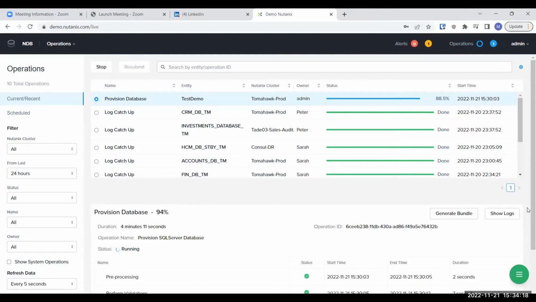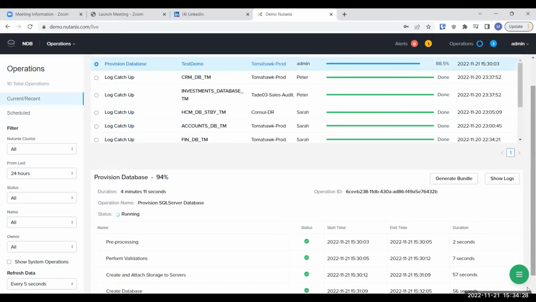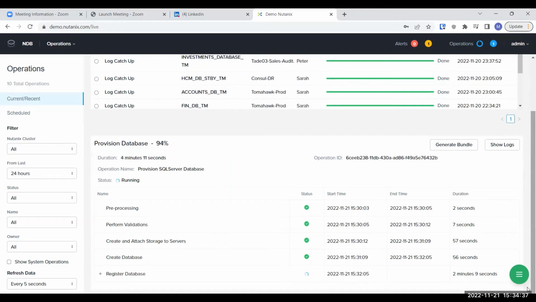Okay, here we are. You can see it is pre-processing, performing validations, and all have been done. Now it's in the process of registering the database. You'll see the subtasks here.